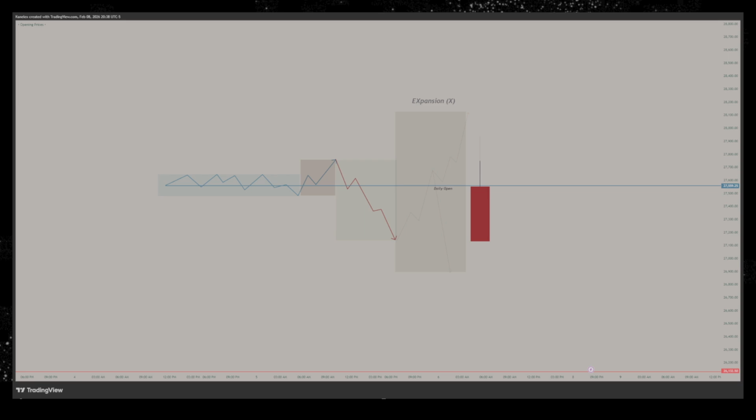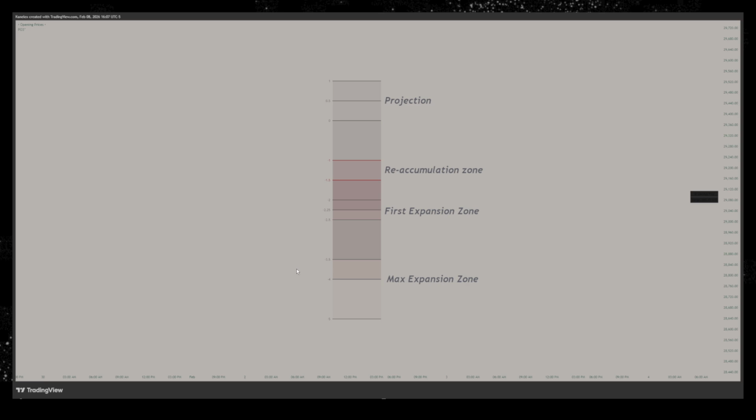Expansion is not very important, but it's part of the Power 3, and it is called AMDX. It is just what happens after a Power 3 move, and it will either continue the distribution move or start retracing or reversing. Next, we're going to talk about the standard deviation projection, which we'll use to measure the manipulation,